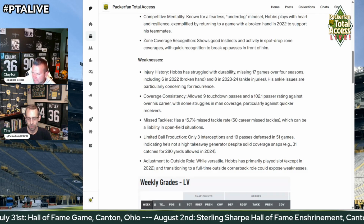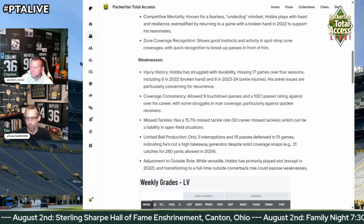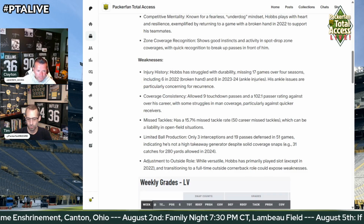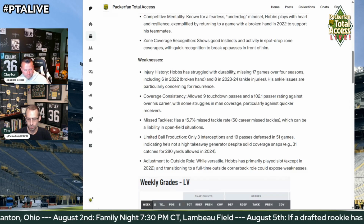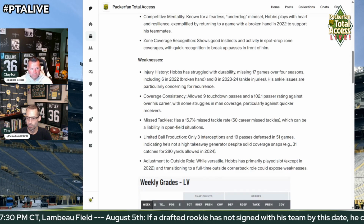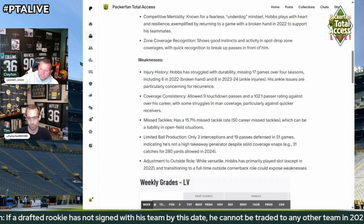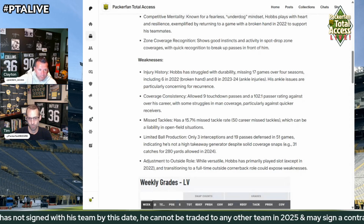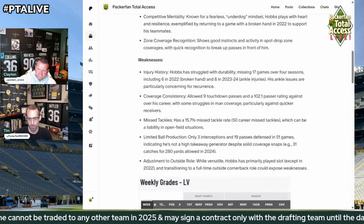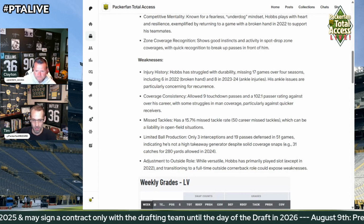Missed tackles, has a 15.7% missed tackle rate, 50 career missed tackles, which can be a liability in open field situations. So, it depends on what you look at with the numbers, right? You can look at the way he tackles, and you'll see it on the tape tomorrow when we break that down, the way he plays with physicality in the run game. You can look at it and go, that's the strength of his game. But then you look at the missed tackle rate. First of all, where did that missed tackle percentage come from? What website? What plays? It's a very blanket statement. I'm not saying it's inaccurate, but that's something that I love the caveat too, which can be a liability in